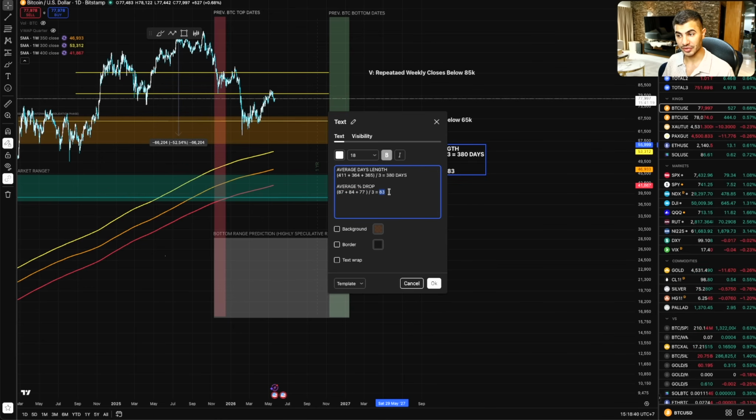Now, before you scream, "Hell no, we're not going 83% down," let's take just the data for what it is, and then at the end I'll give my opinion of where we could go. I don't think it's going to be 77% or 83%, just for the fact that here we're seeing a trend, a descending order of magnitude. We got 87%, then we got 84%, which is minus 3, and then we're getting 77%, which is around minus 7%.